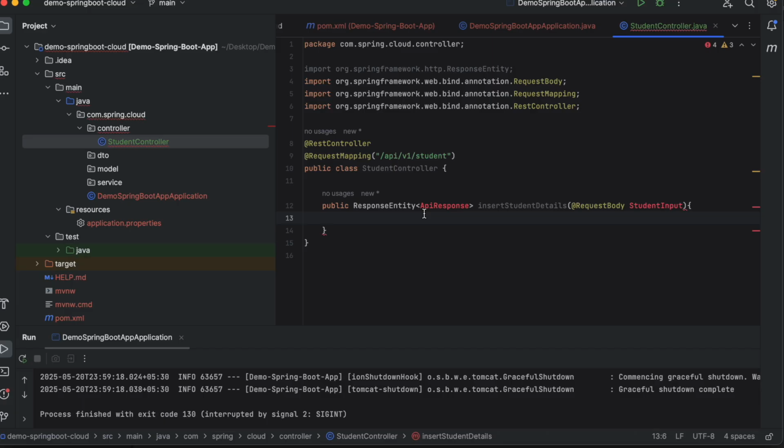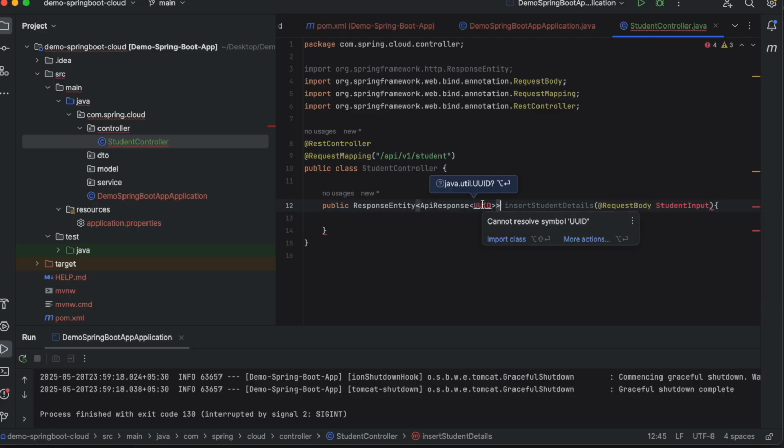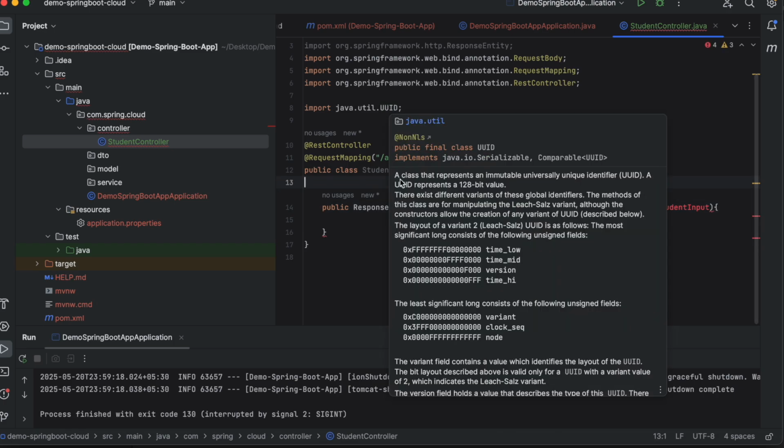Now let's understand what we have written. We have API response, okay, and here we are going to return the user ID. Once the registration is successful, we are going to return the UUID. This comes from the Java util package. What is UUID? A class that represents an immutable, universally unique identifier.